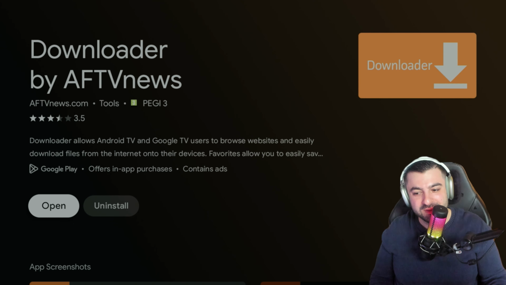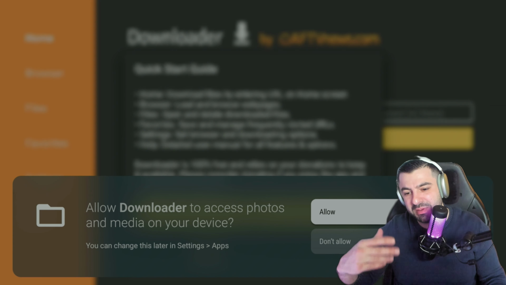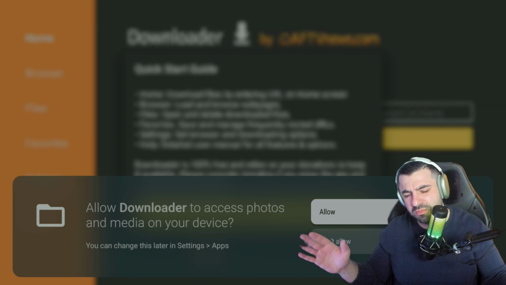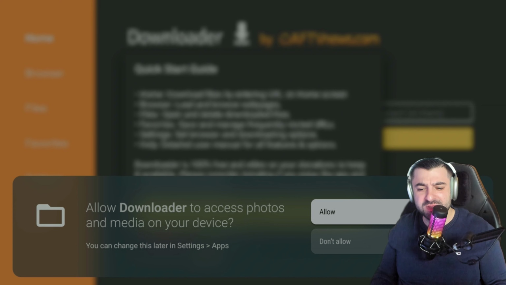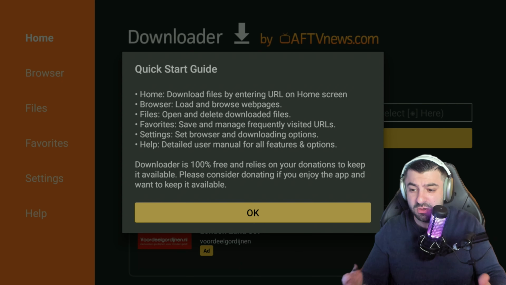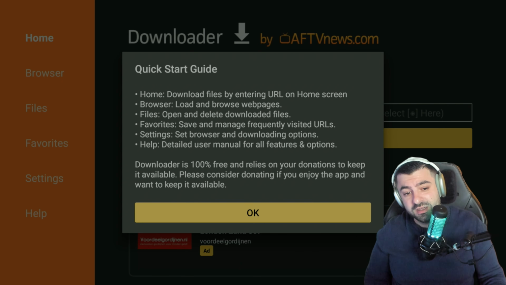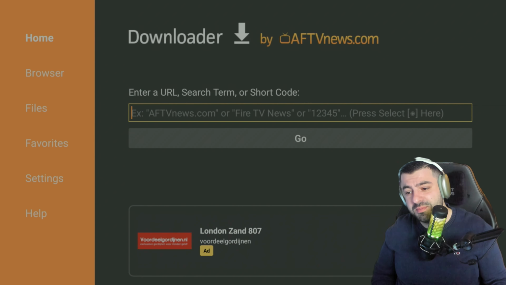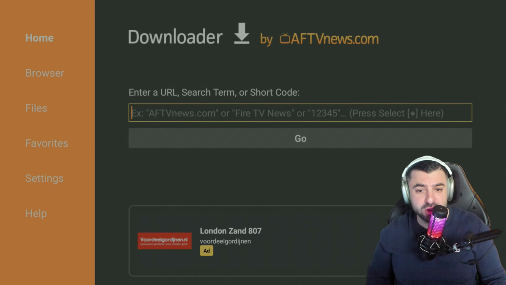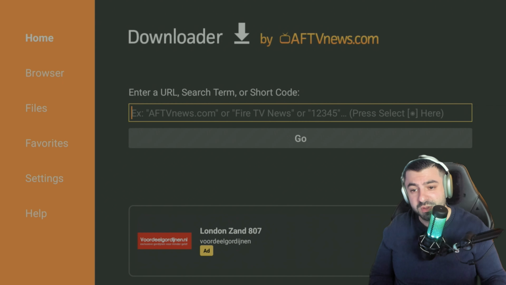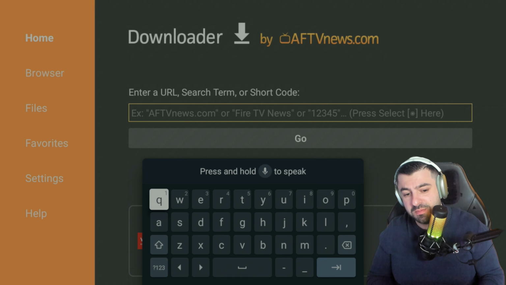Damn, it's not even opening. Open. Oh wait, it's going to pop up this message. I hope it's not so slow for you as it is for me, but that's just because I have so much on it. That being said, you have to click Allow to give access to the device. Click OK here, and this is going to be a search bar where you can actually type in a URL. You can browse websites with it, but we're going to type in a code, and the code is going to be